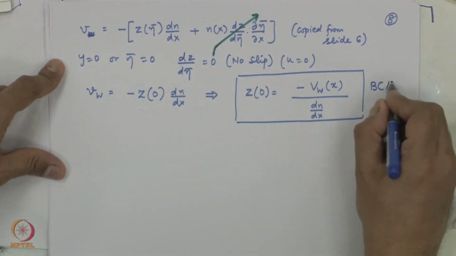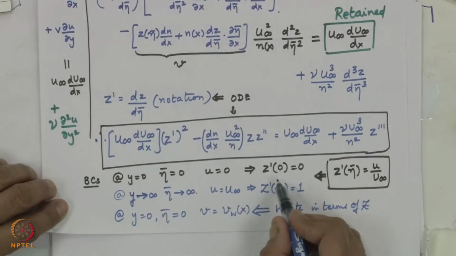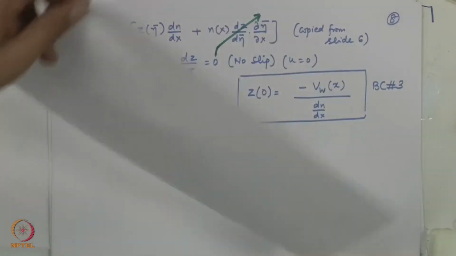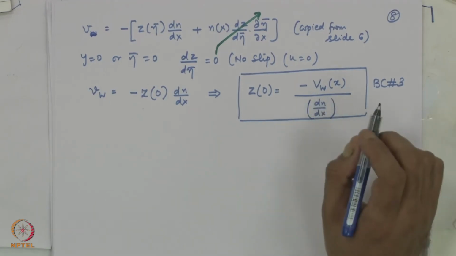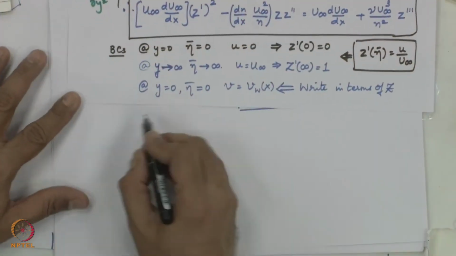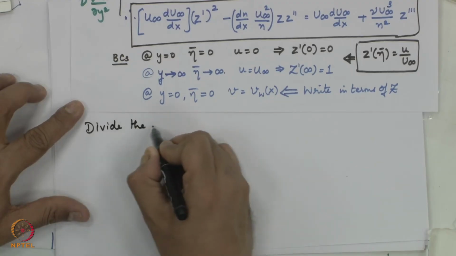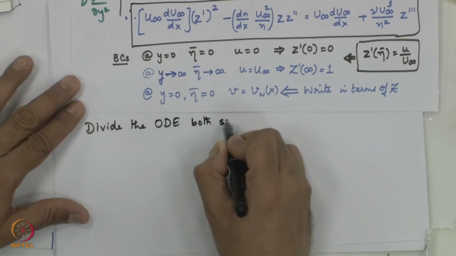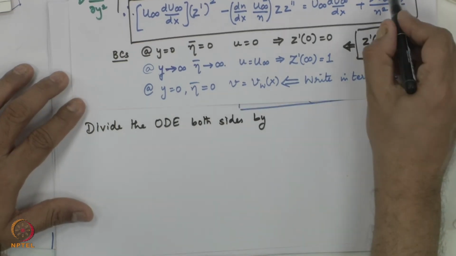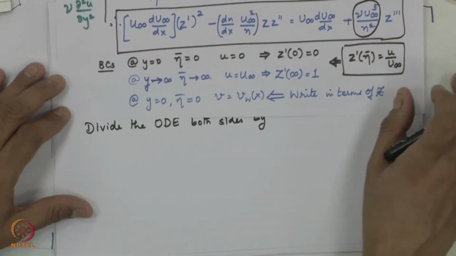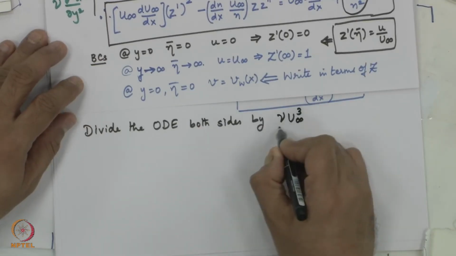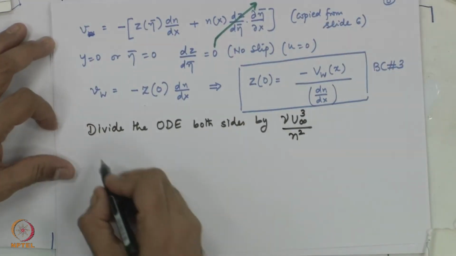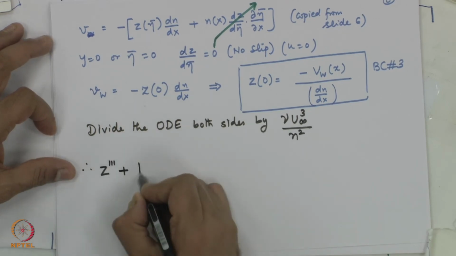Remember, I needed 3 boundary conditions. The first one was z prime of 0, the second one was z prime at infinity, the third one z of 0, which is nothing but the suction or blowing velocity divided by some quantity dn by dx. So, now I just manipulate this ODE. Divide the ODE on both sides by, I want to keep this out, I need z triple prime only. So, if I want z triple prime, I will divide by this quantity. So, divide everywhere by nu u infinity cubed by n squared. Therefore, after division I get the ODE as this one,